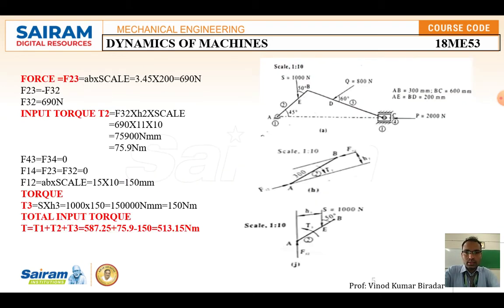go for this again, the second one, that is the torque value, that is this value AB. How to calculate the torque value here? So AB, keep the scale on this, just draw the line here. On this AB line, the force is 1000 Newton. 1000 Newton is there, so again you have to convert to some suitable scale. Here I assume one scale is 1 centimeter equal to 100 Newton. If you divide this, you are going to get some 10 Newton. So draw here AB is equal to 300.